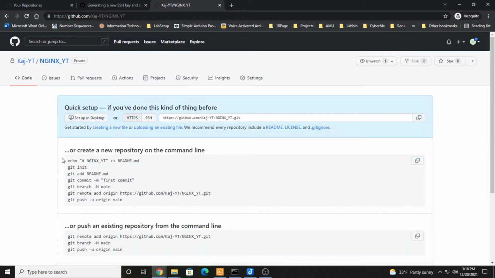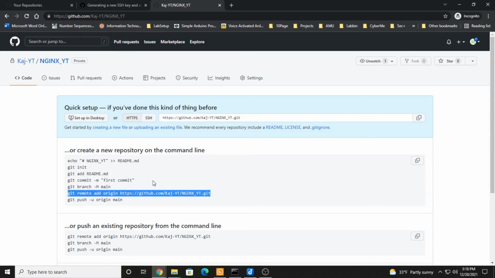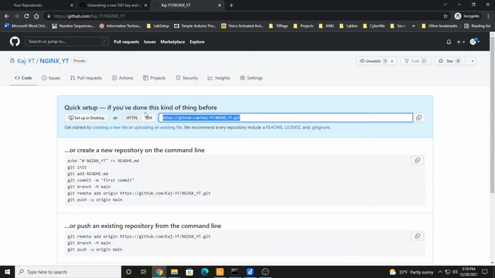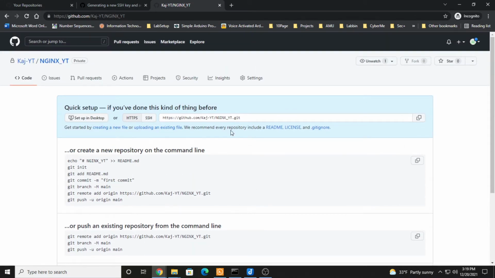Perfect. So it gives us the steps that we're going to have to follow here, which is actually nice to have. This is going to be your link to your repository. That's pretty much it for now. Alright, so